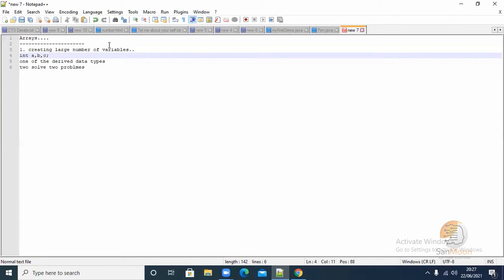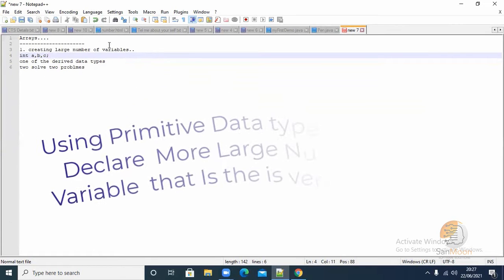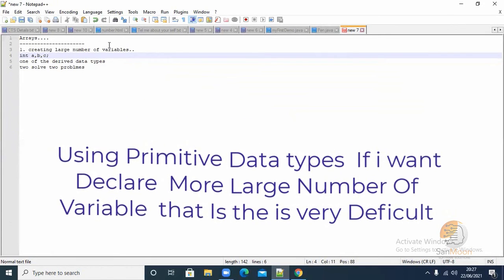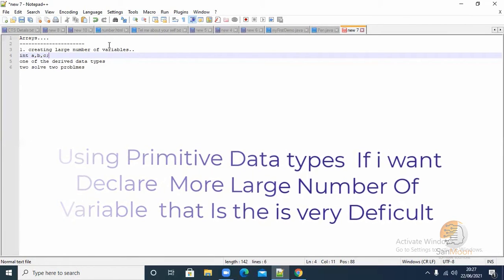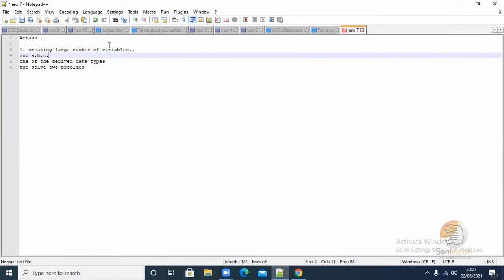But if I want to declare 100 variables, because sometimes my program needs 100 variables, or 1000 variables, then how will we do that? Using primitive data types, declaring a large number of variables is very difficult, because I need to declare each one using a variable name.